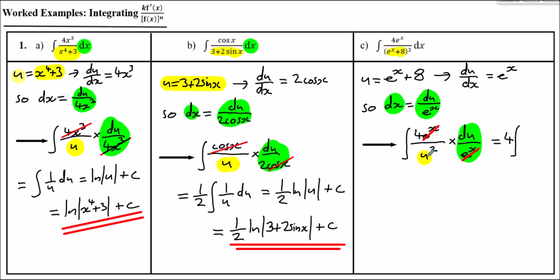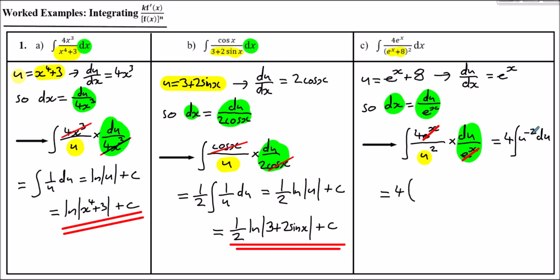1 over u squared. Now, I'm going to write this as u to the minus 2 du, because generally speaking, unless it's 1 over u, where you can spot it's going to be in terms of ln, writing a variable in index form is easier to see and easier to know what to do in terms of integration. So that's going to give us 4,